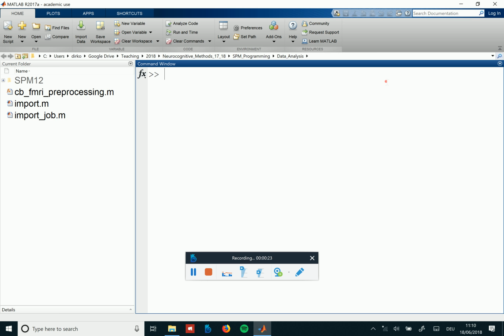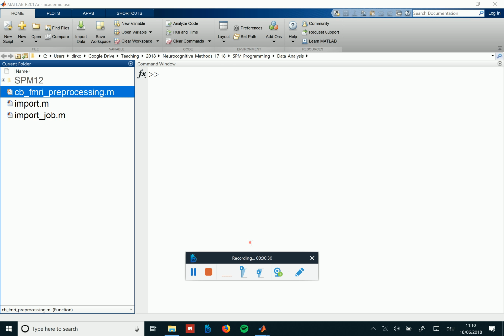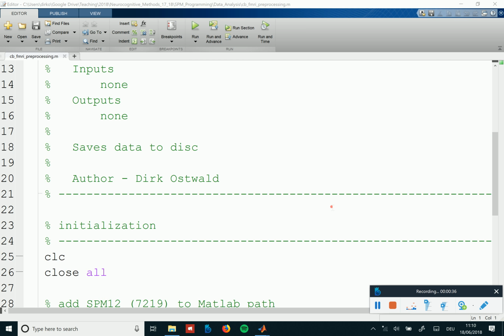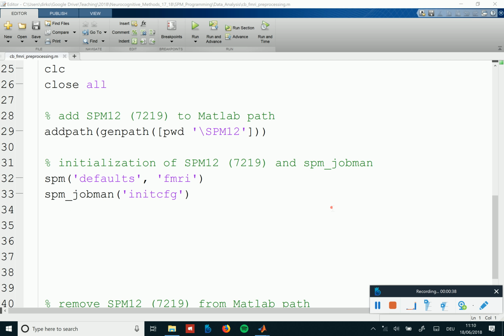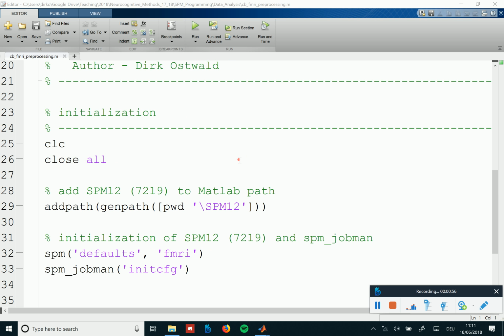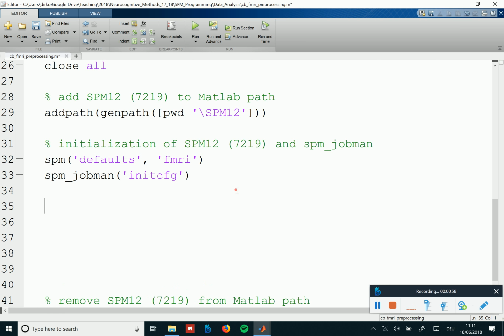Okay, let's continue. So we have done a little bit so far. We've written our help or info for this script, and we did some initialization. And then the next step that makes some sense is to take care of the location of the data, because the thing, if you think about it,